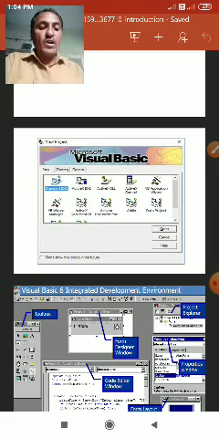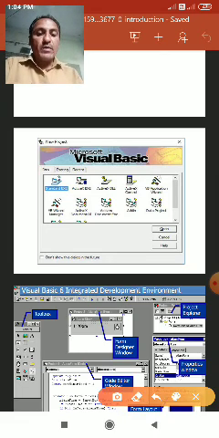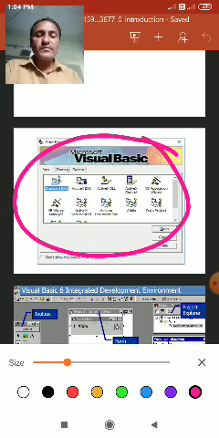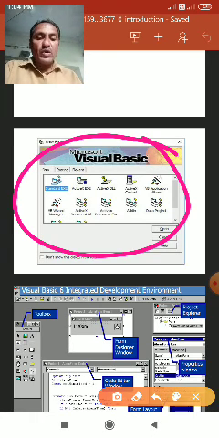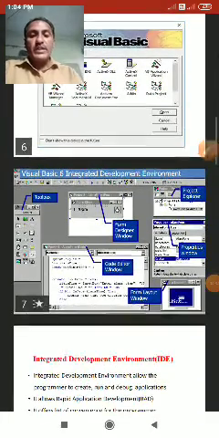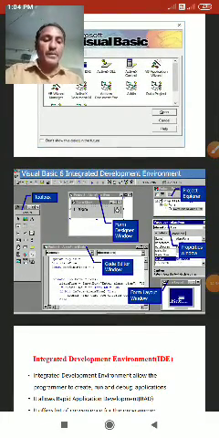This gives the menu bar dialog box. These dialog boxes can be used in this environment.